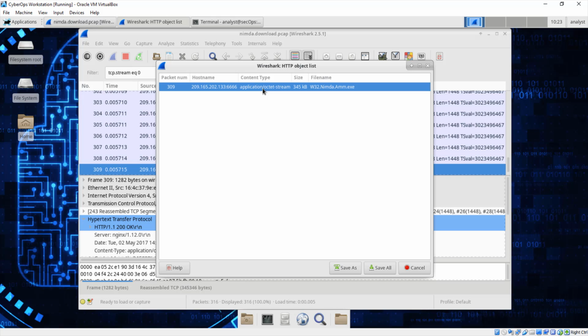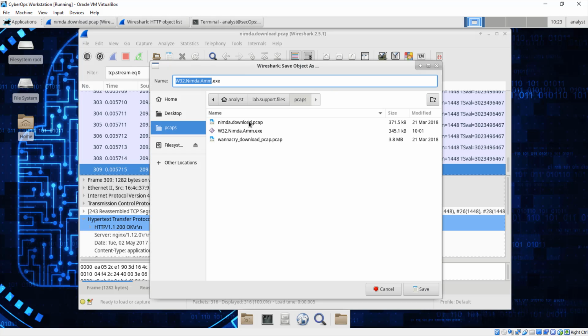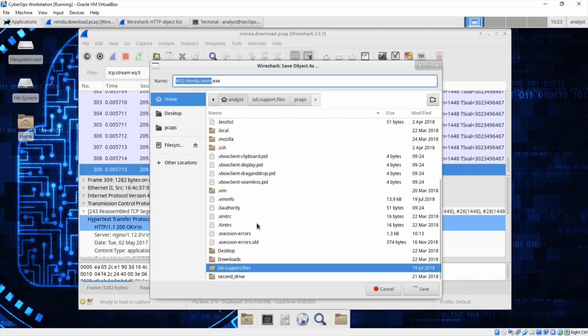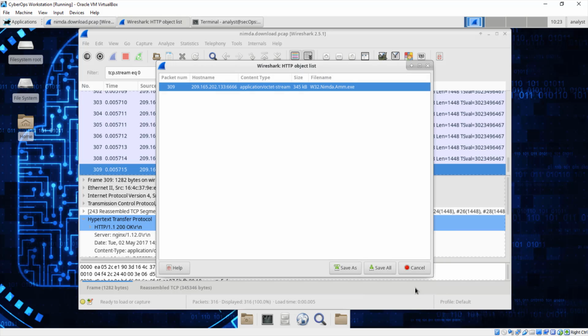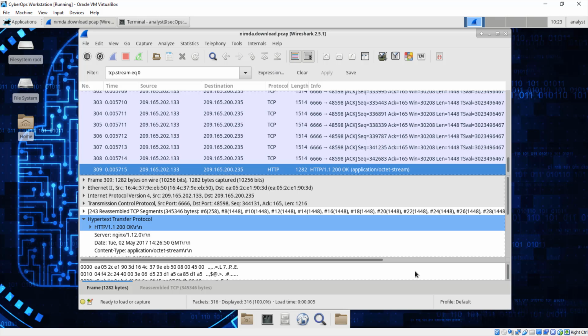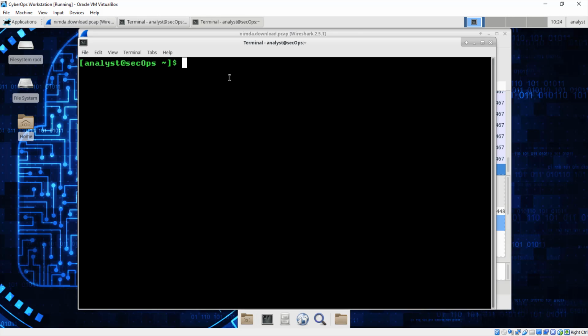Now from this HTTP object list window, I'll select the file, which is the executable file, and I'll come down here and click on the Save As button in order to save this file. I'll save it in the analyst folder. So here I'll go to home and then click on the analyst folder. Returning to my command prompt here, I'll change into the analyst folder using the command cd